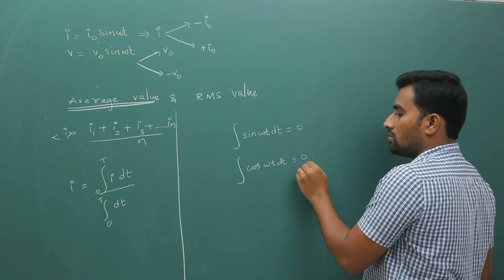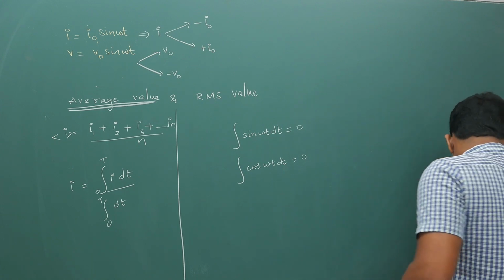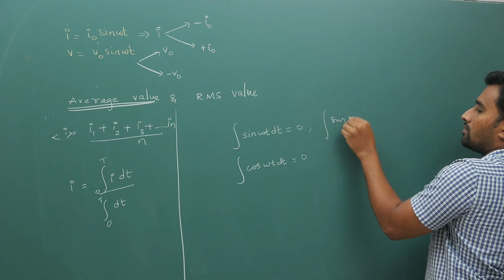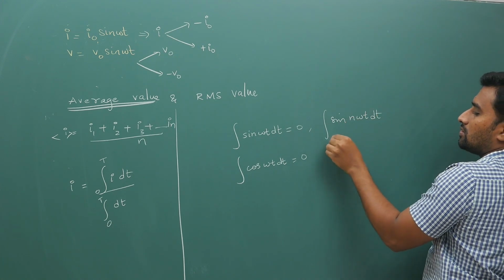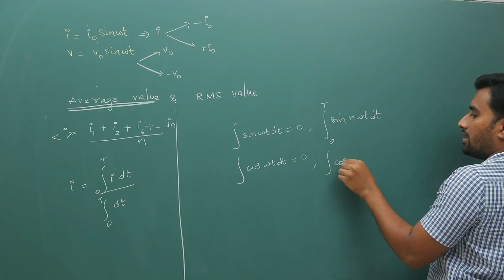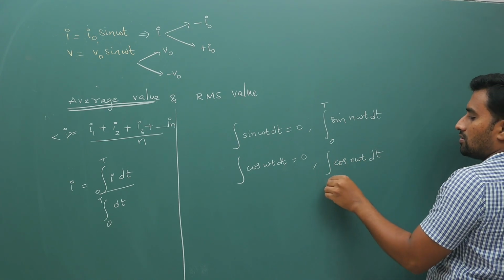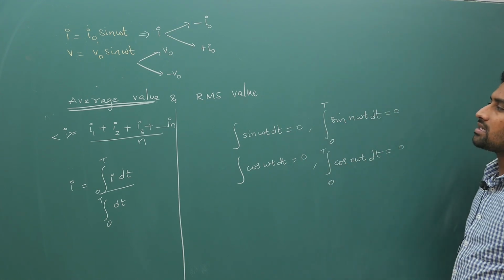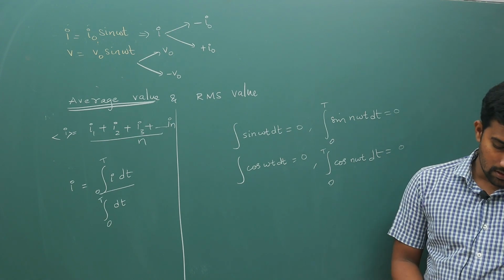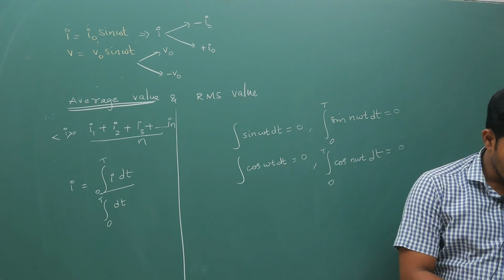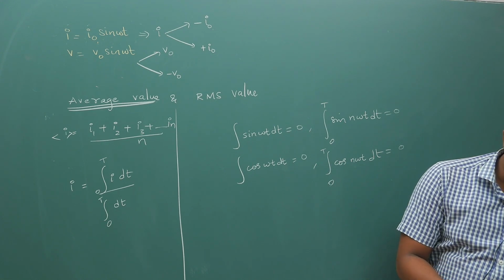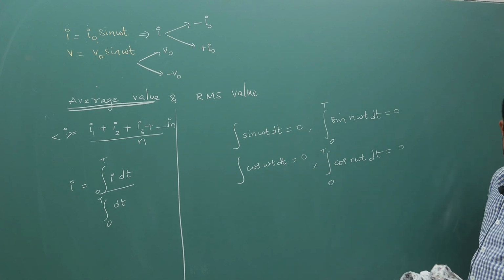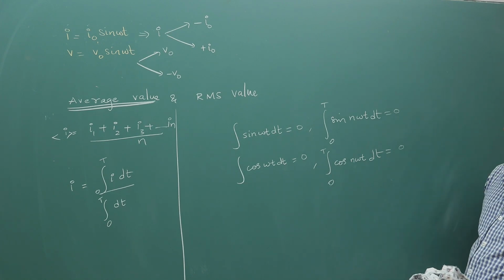value is 0. And not only this value, your integral of sin n omega t dt from 0 to T, and integral of cos n omega t dt from 0 to T, all these values are equal to 0 for full cycles. For quarter cycles, I have explained that you should simplify it. Okay, so let me simplify for some basic functions. So sin and cos, you are going to get this much.